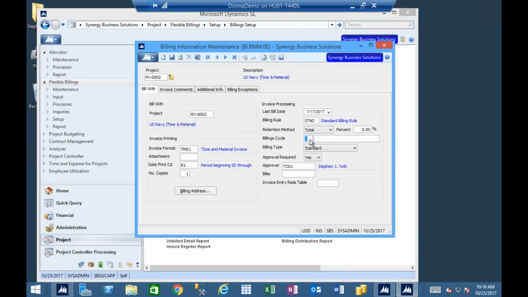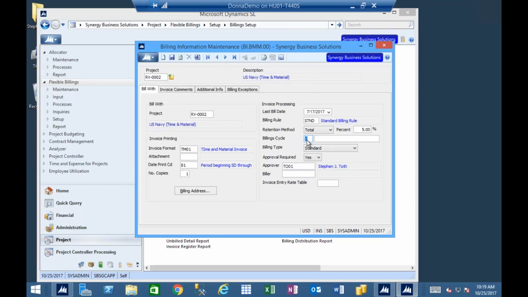Okay, next I want to talk about billing cycles. Billing cycles and biller, so these two fields, not related at all, except that both of these fields are available to you if you need to do bulk processing. And so what do I mean by that? If you have 100, 200, 300 invoices that you're processing, that can be pretty time consuming, and you might want to break that down into smaller chunks so that you have a fewer number to handle at one time, or maybe you have a need to group invoices together,